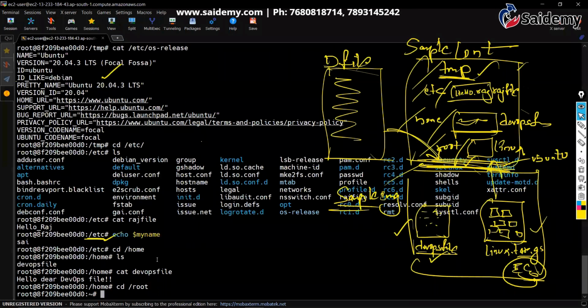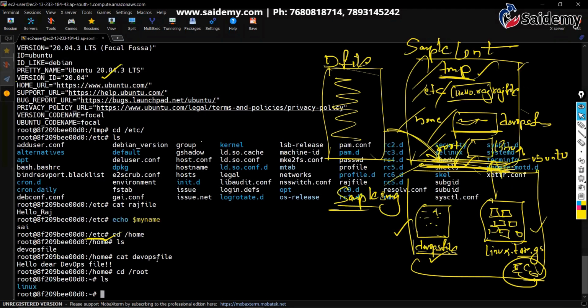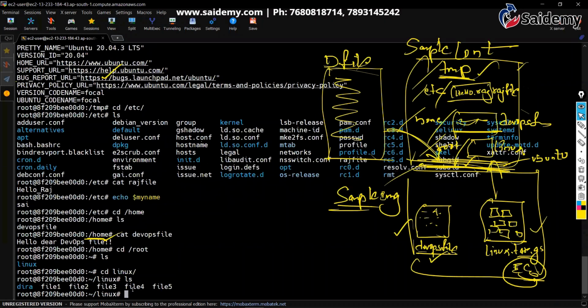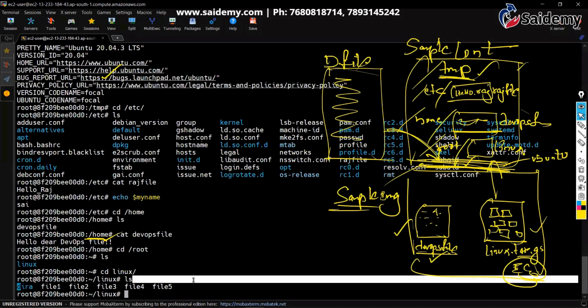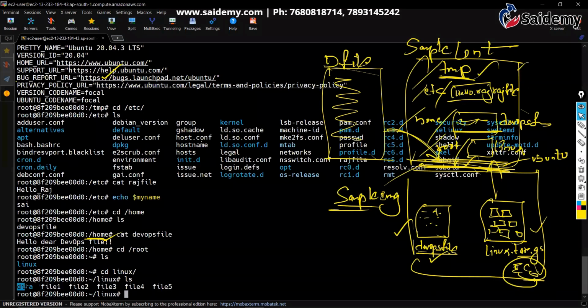Enter. Do ls. Yeah, you can see this folder. Do you find tar and zip? No, that got completely removed. Correct or not? Simple folder. Now, if you go inside the directory, you can see all those files and folders. You can see the directory A and all these files. If you go inside directory A, you can see all these